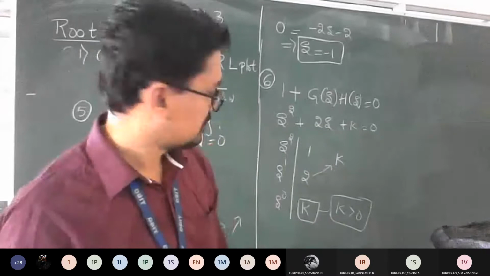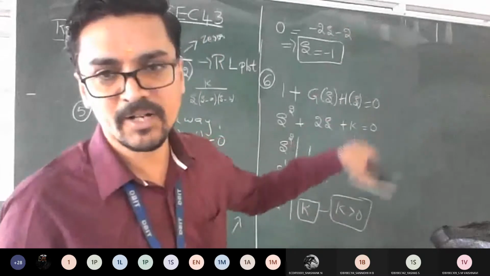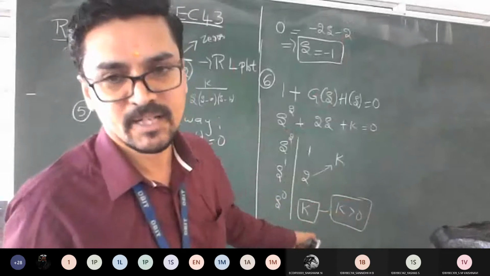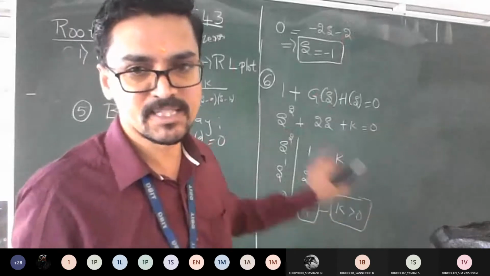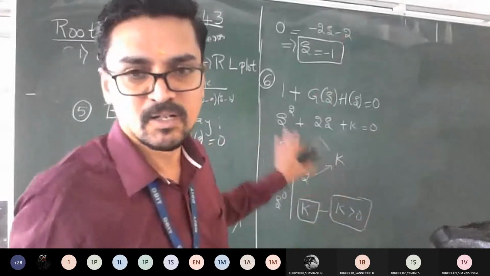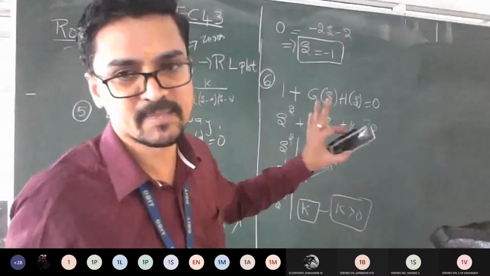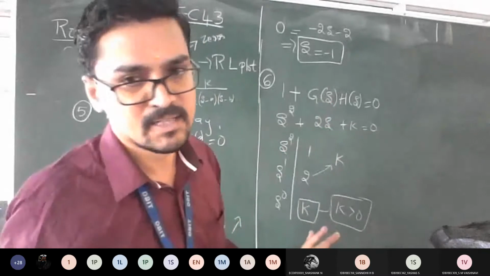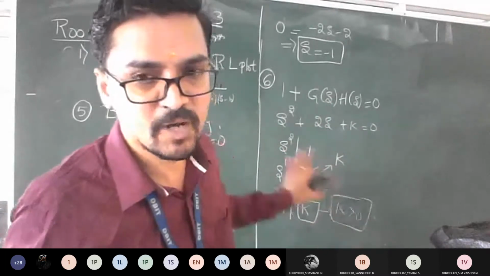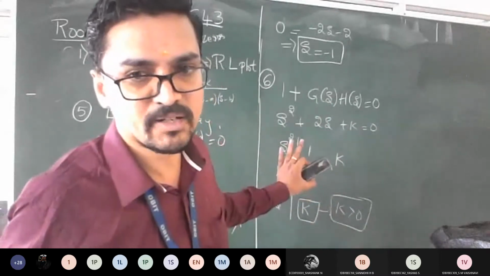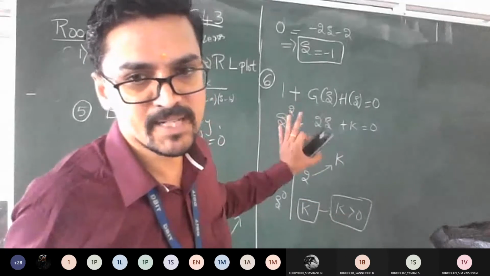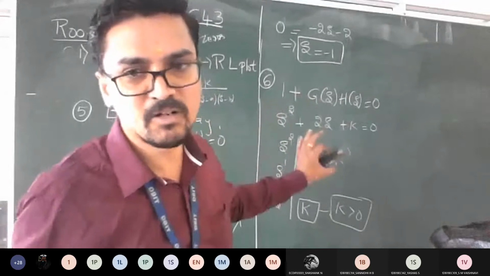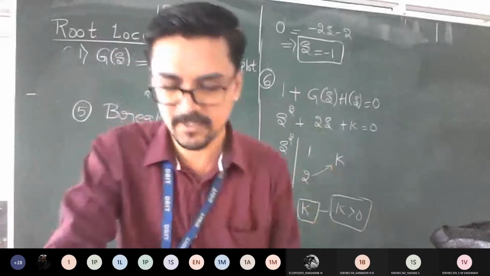So the meaning is what? I can't join my breakaway point to any intersection on the y-axis. Why? Because there are no values itself. If you got any value, we could have done that. This is a simple problem that I have chosen to make you understand the thing step by step. Step number 7 is not applicable. Why? Poles and zeros are not having any complex terms. So step number 6 is over. Step 7 will be a combination of all to draw a plot. Am I clear? Shall we proceed?